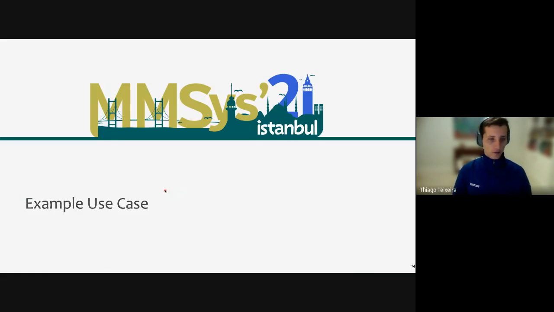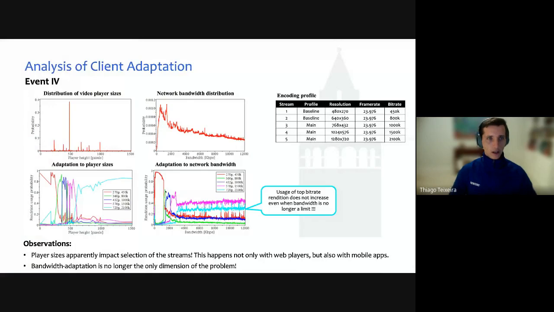But I also want to give another example of a use case. We just saw data for event 4, where we have the distribution of player sizes and bandwidth. So we can see here the adaptation to player size. As the player is small, the rendition pulled will be the smallest one. And as the player height increases, we start pulling larger and larger renditions until we get the largest possible one. Similarly for adaptation to network bandwidth, as bandwidth is small, the player will request the lowest possible rendition, and as bandwidth increases, the player starts switching up